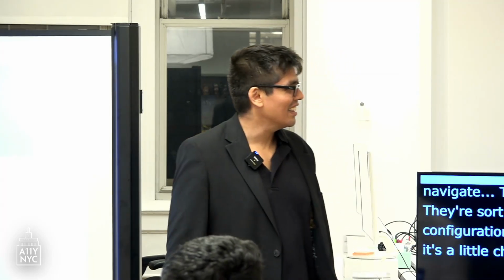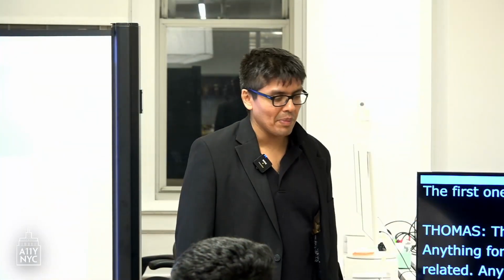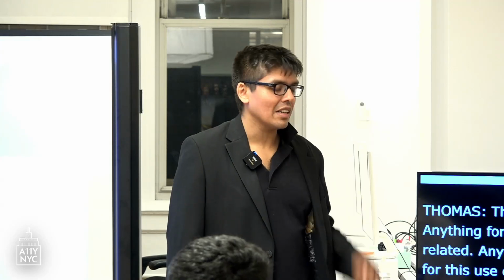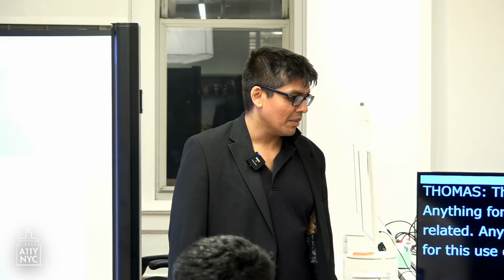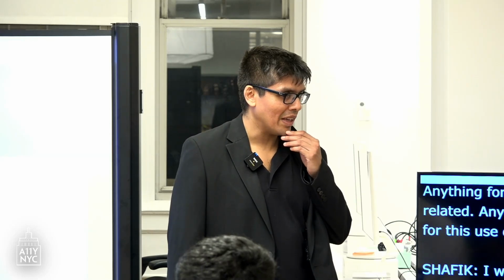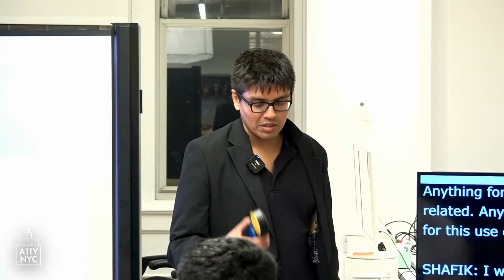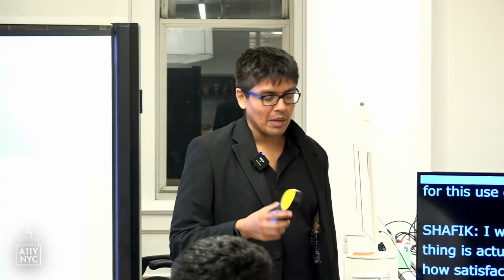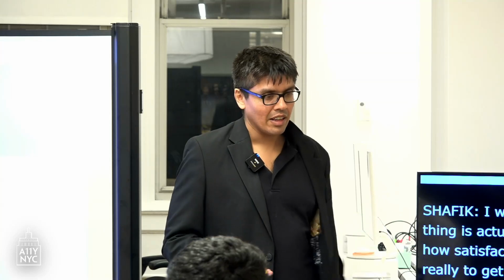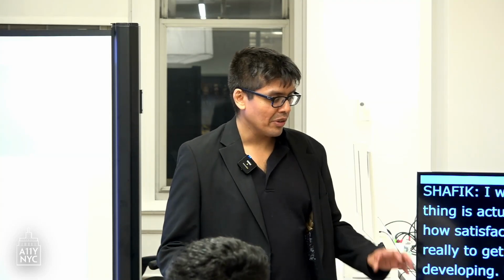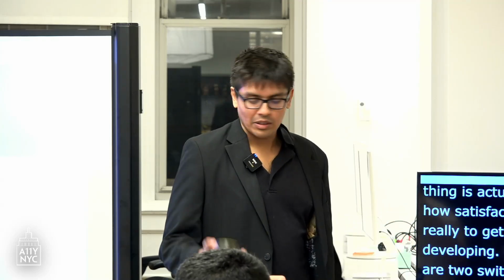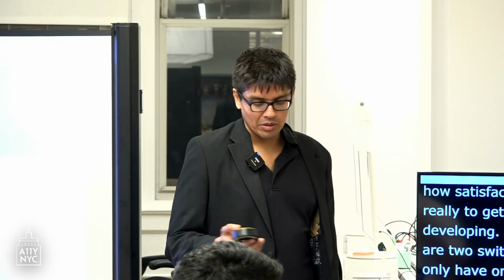The first one, I'm not sure if that got it. Yeah, and the first one is just related to anything for developing. It's kind of related to the first one, but it's just any tip for developing specifically for this use case or for Switch. For Switch, I would say the best thing, and I don't know how satisfactory this is, is actually to get a variety of switches and try developing, because these are two switches in one device. Many people only have one switch per action, so they have two devices connected and use them ambidextrously. I can use this with one hand, but a lot of people use switches with two hands.